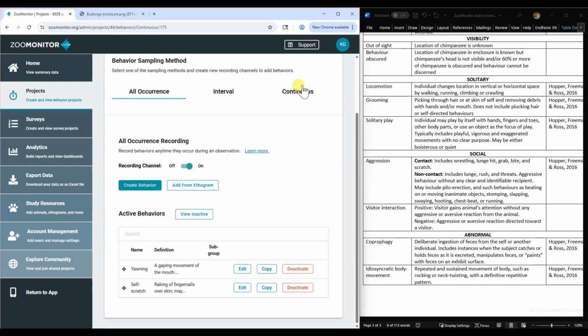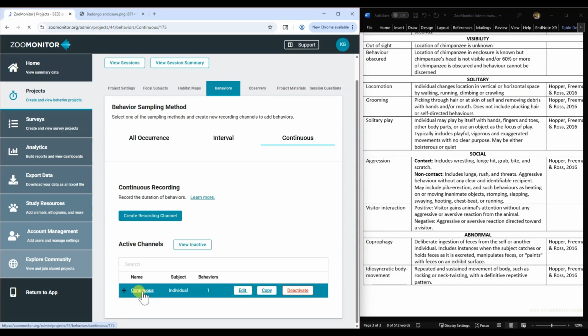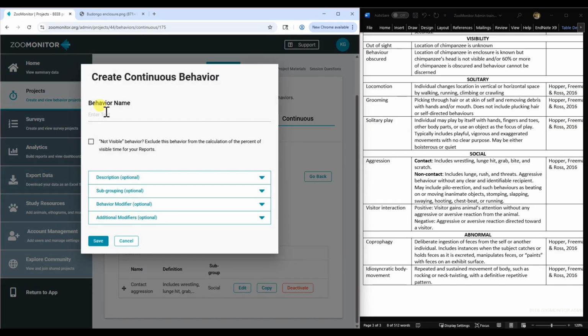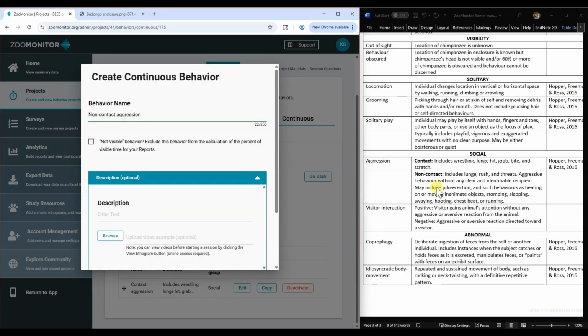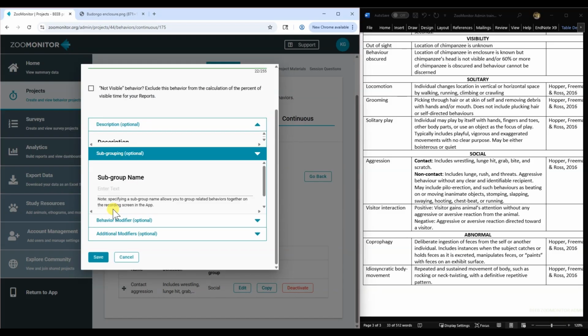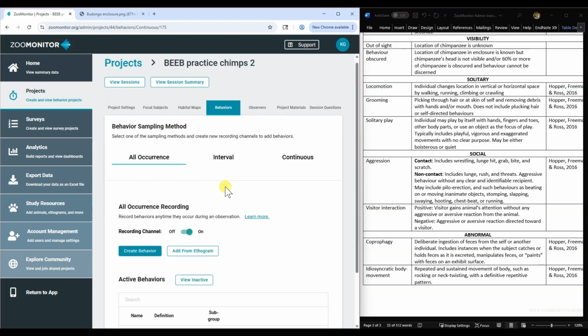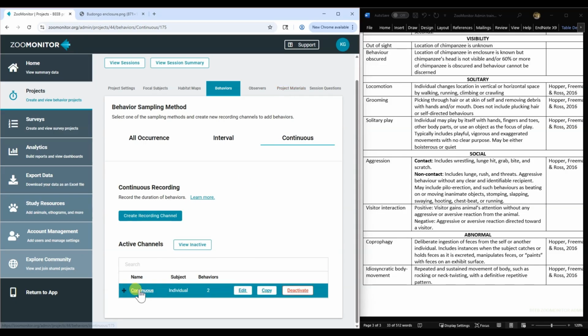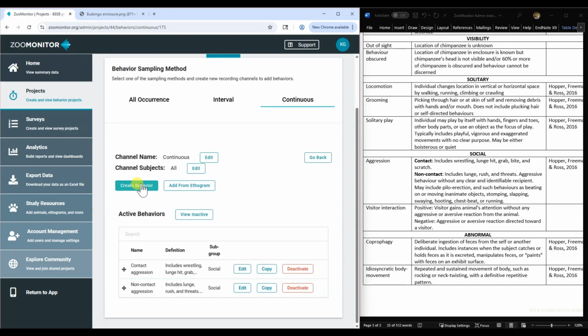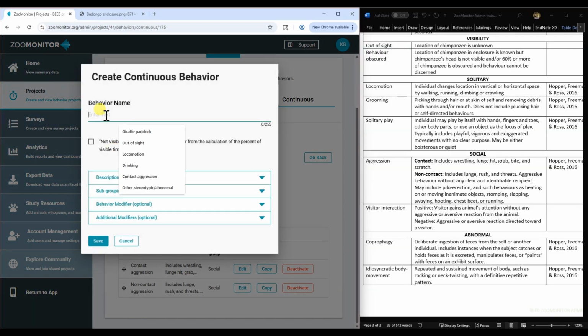Right, so back to continuous, and then go back into the channel, create behavior, non-contact aggression, description, same one as before, subgrouping, social, save, back to continuous, and then the last behavior that we'll add is,